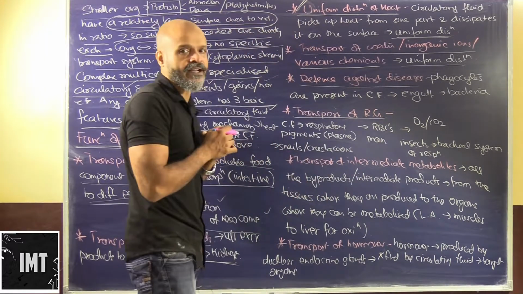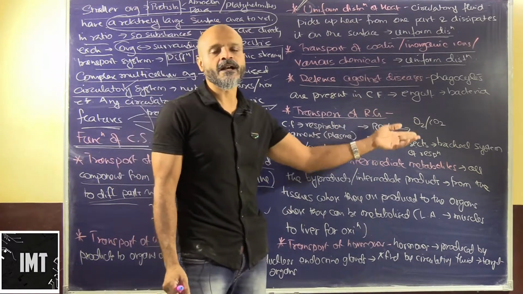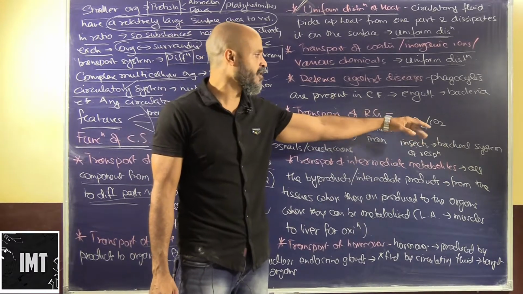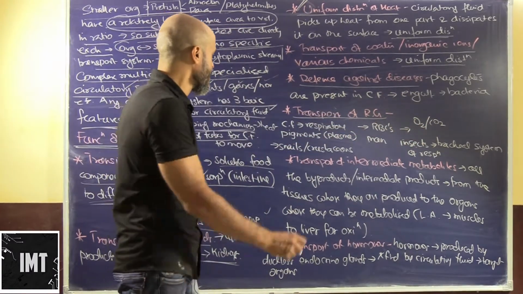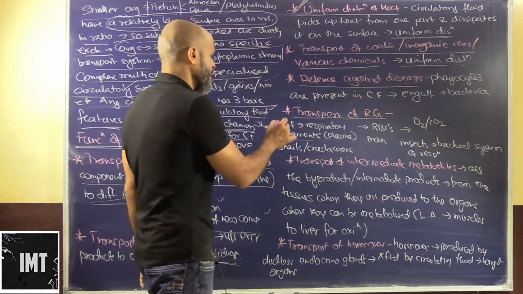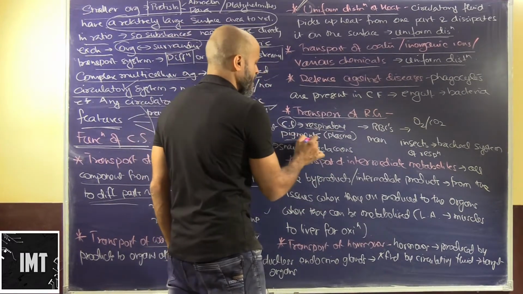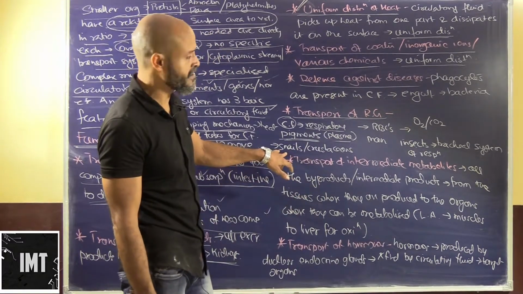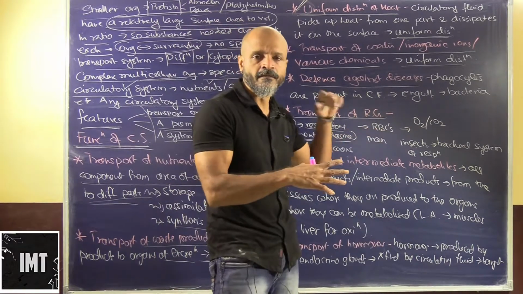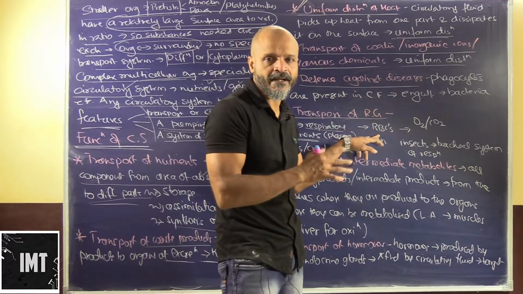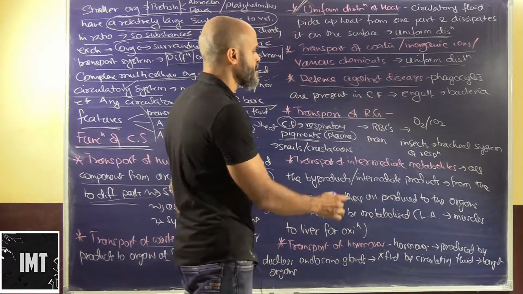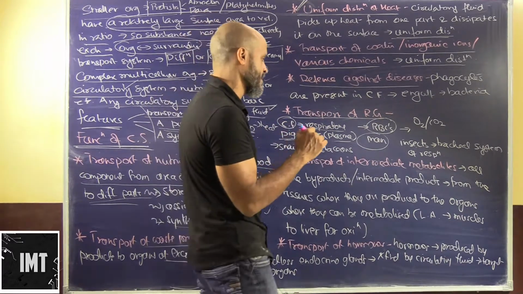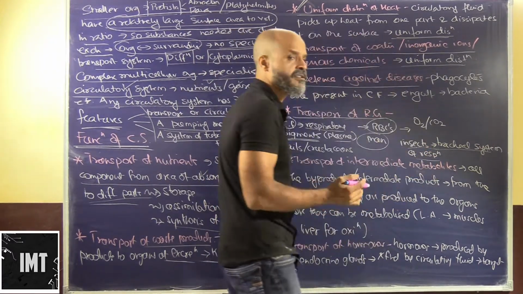Transport of respiratory gases. We know that oxygen and carbon dioxide are the primary things which need to be transported, carbon dioxide as a waste material and oxygen as something required by the cells. In some animals there are respiratory pigments present in the plasma, for example in snails. The rest we all know that generally the transport happens by the RBCs. In human beings it is the RBCs in the blood which take part in the transport of gases. In insects we have the tracheal system of respiration.